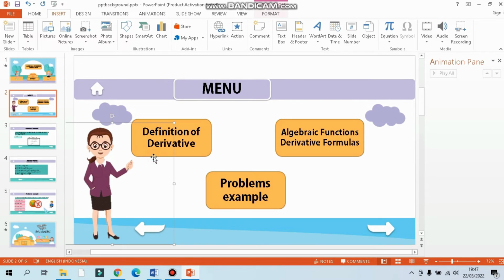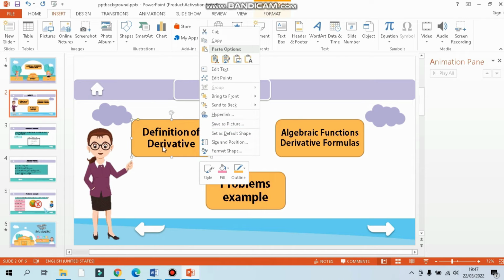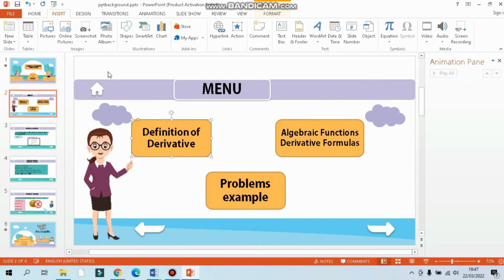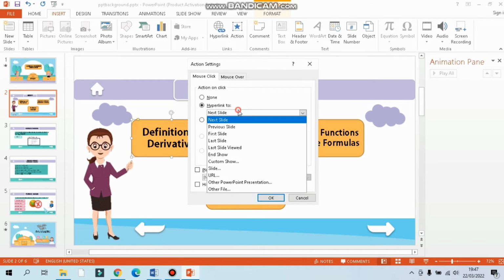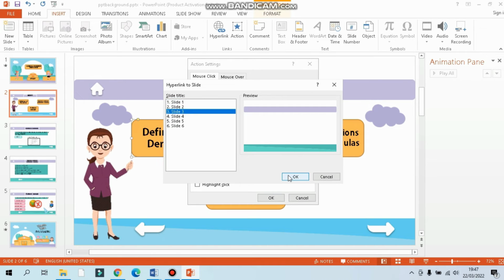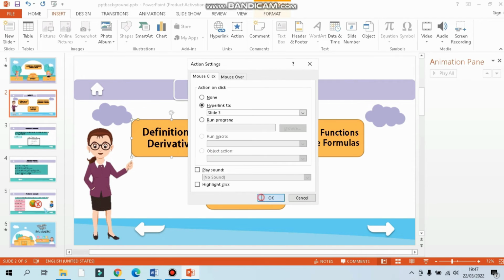So if we click the definition of derivative shape, we get slide 3. Okay, we can click it, next insert, next action, and hyperlink to slide 3. Okay, next click OK.